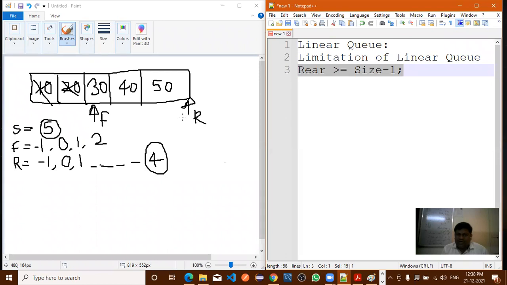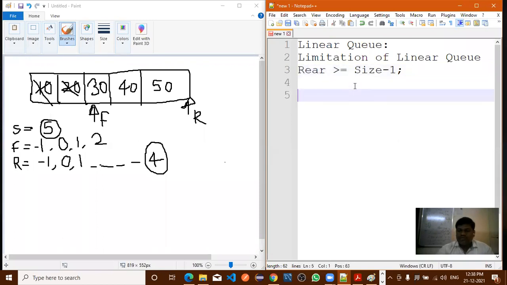Once you have deleted an element, we do not utilize that space for a new element. Or we can say, once you have entered the last element, if you wish to enter the next element, it is not possible in a linear queue. To overcome this limitation, the next queue is introduced.